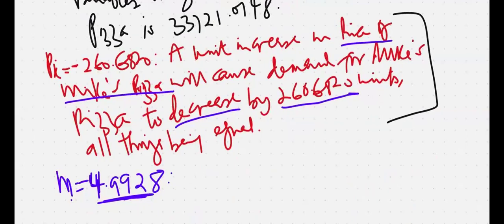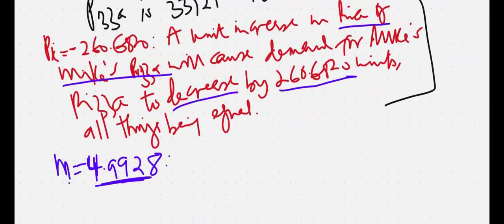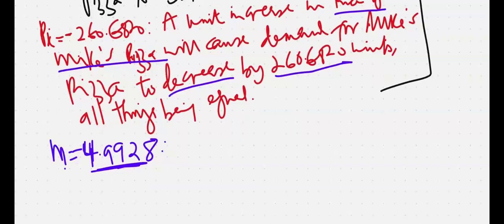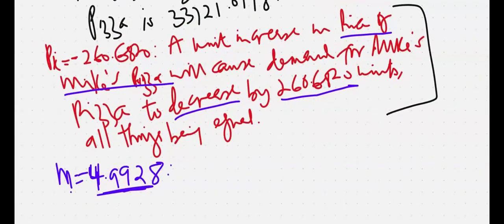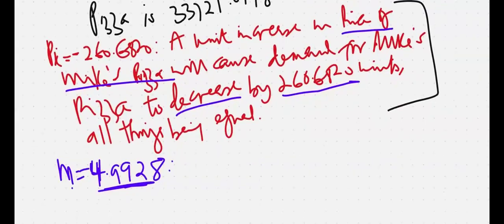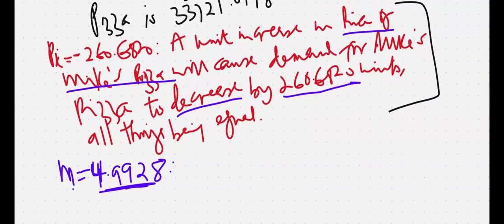But here, because consumer's income is positive, we will say it will cause demand for Mike's Pizza to increase by 4.9928, all things being equal. So I'm going to say for the last time the correct way. A unit increase in consumer's income will cause demand for Mike's Pizza to increase by 4.9928 units, all things being